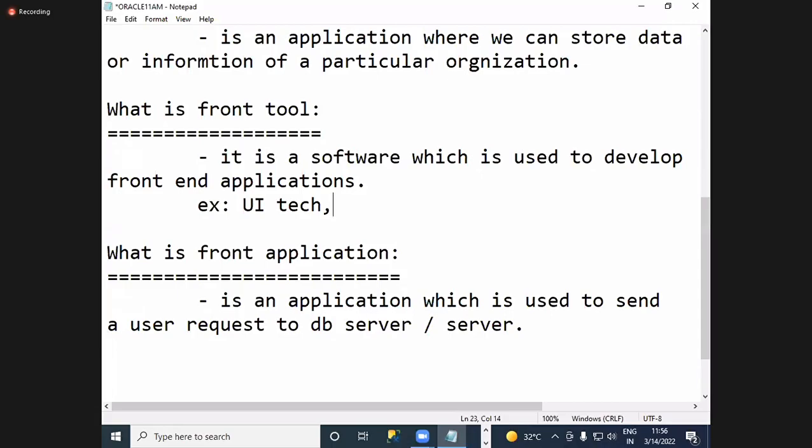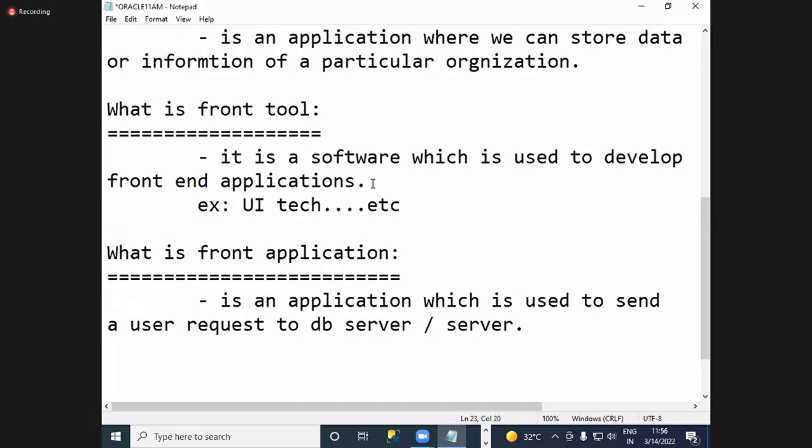So all these user interfaces, like HTML, CSS, JavaScript, jQuery, Bootstrap, AngularJS, these all come under what now? Front end tools. We use them for interacting purposes.